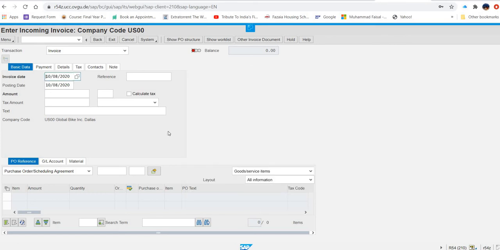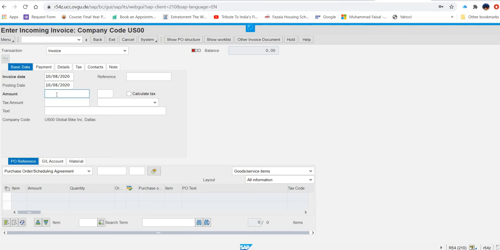Yes, it is coming automatically. US00 for the company code. Where is the company code? Okay, then at the top, under the transaction, it should be selected as invoice.